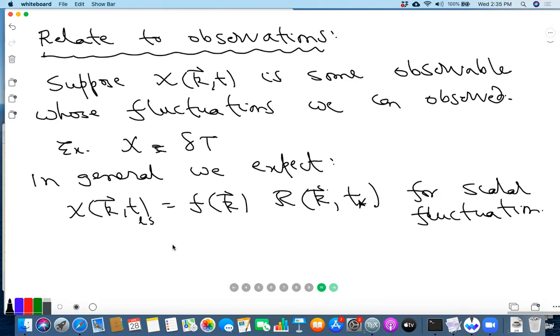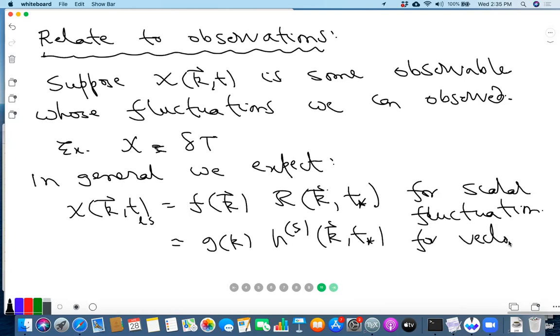Or related to some gk times say hs, kt star, for vector perturbation. Sorry, vector tensor fluctuation. Okay, if the quantity whose fluctuation you are considering is tensorial, then